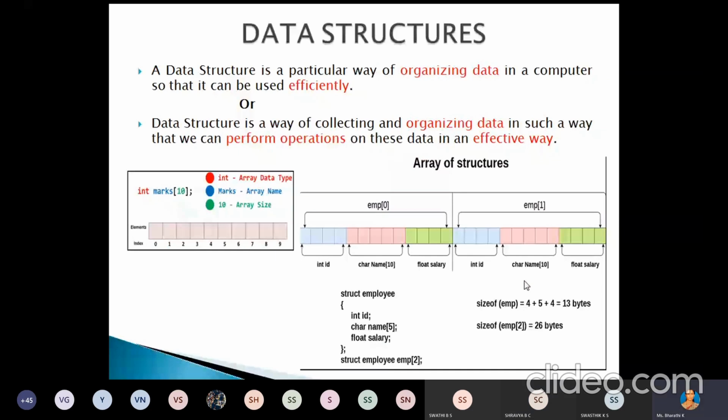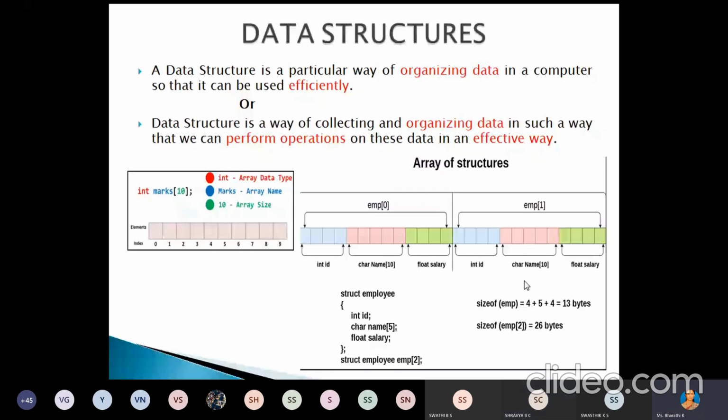That means that unorganized data you can store in the computer in a particular, organized way, so that we can use it efficiently while writing the source code, or while developing any application. That we call the data structure, right? Or another definition: a data structure is a way of collecting and organizing the data in such a way that we can perform operations on this data in an effective way.